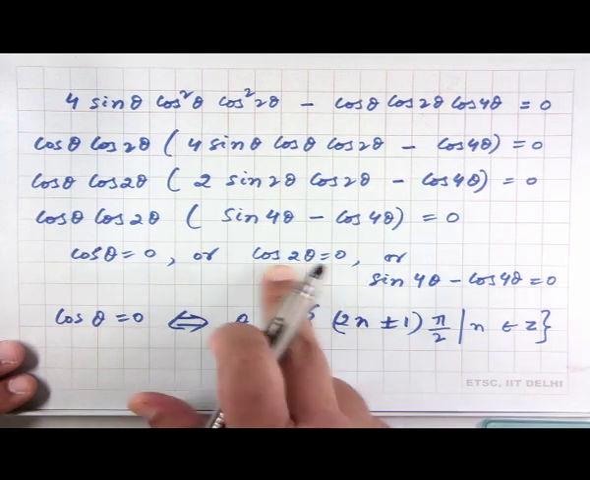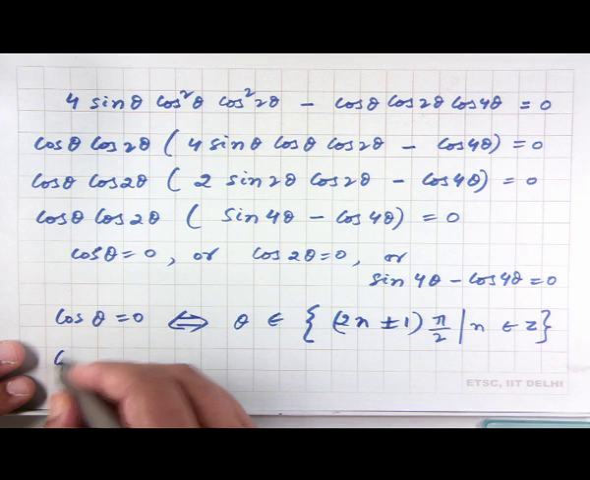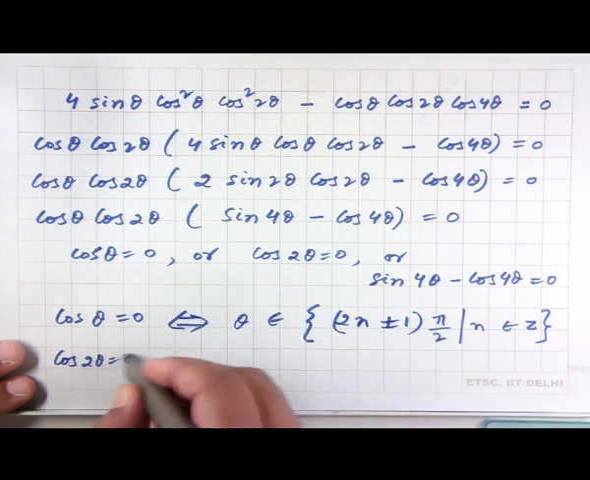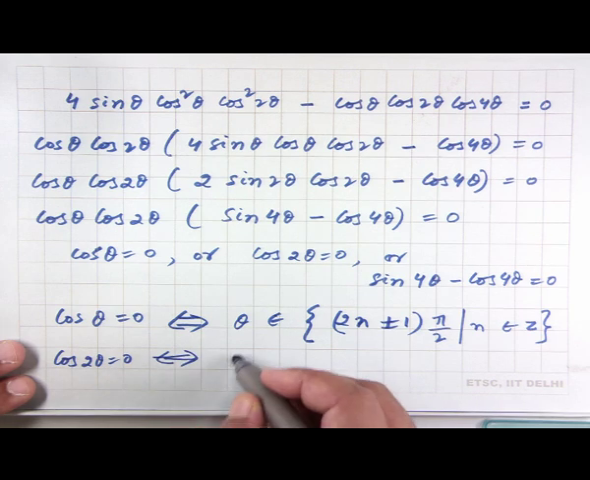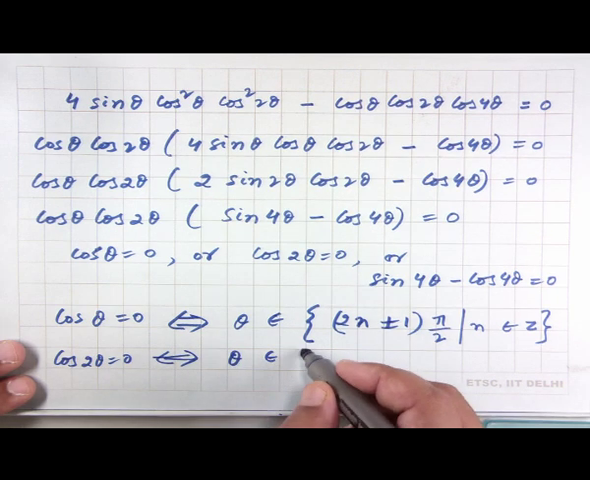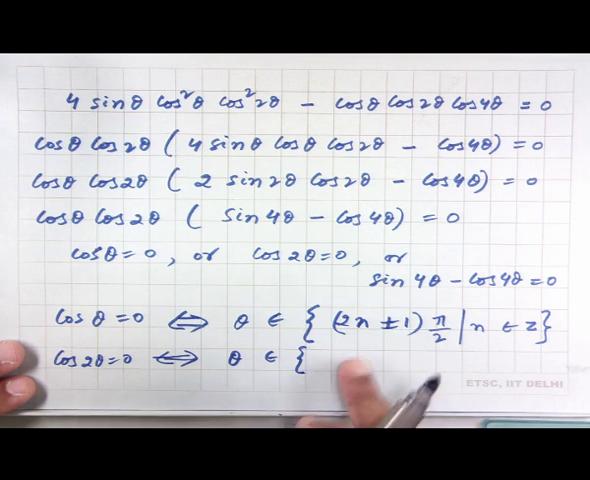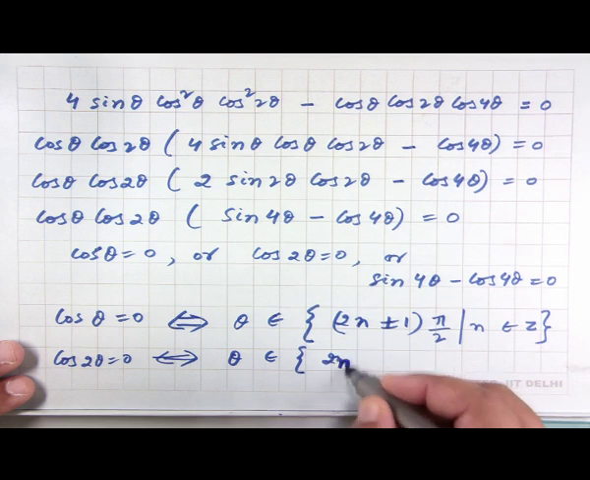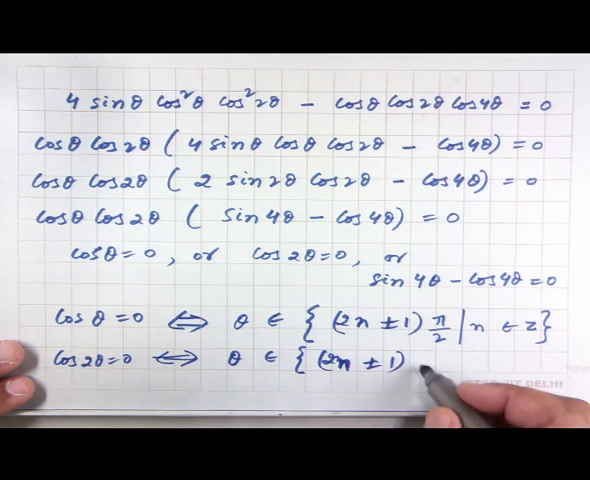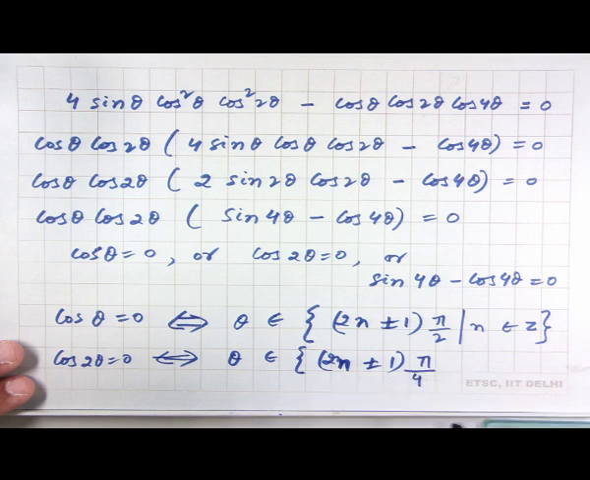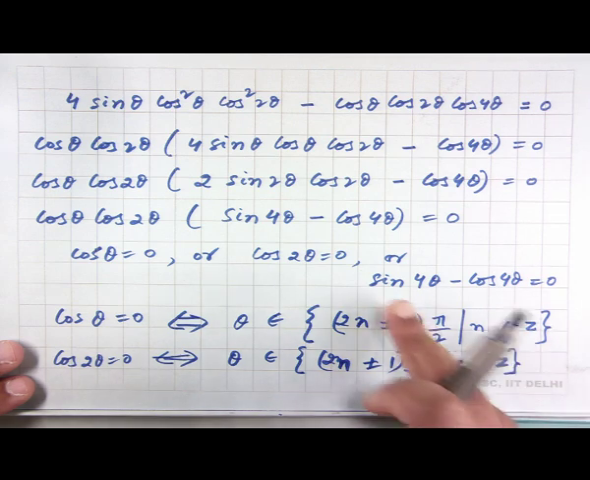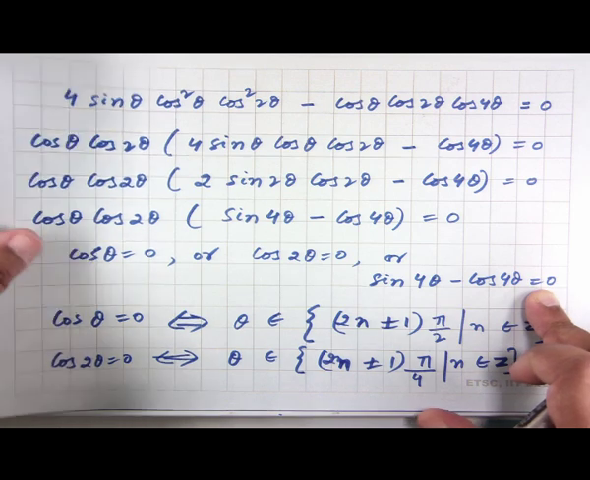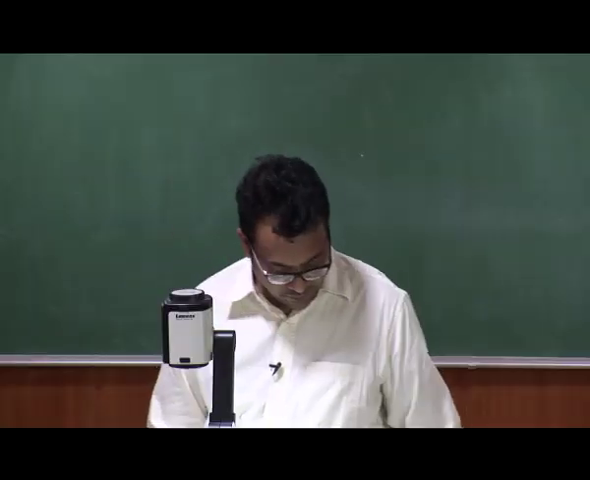Then for this equation, cos 2 theta equal to 0, the general solution is that theta belongs to. So, it is going to be exactly the same, except that because we have a 2 theta here, we will have it as 2n plus minus 1 into pi over 4 for all integer n. Now, for this last equation,